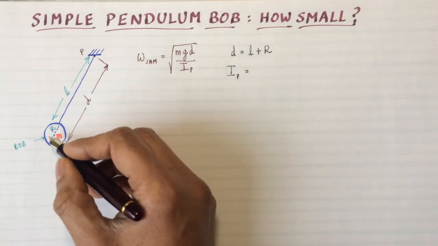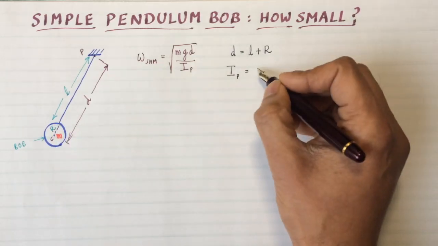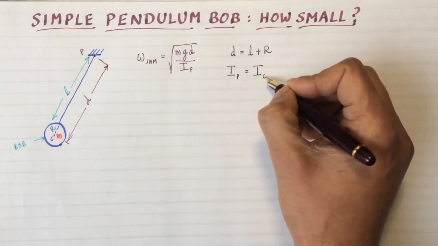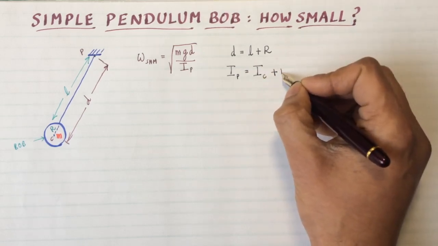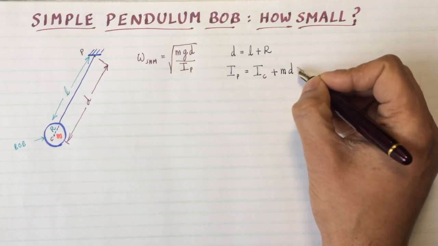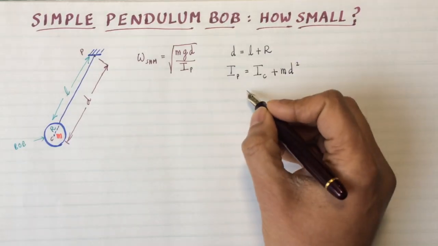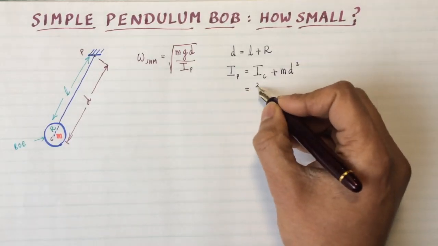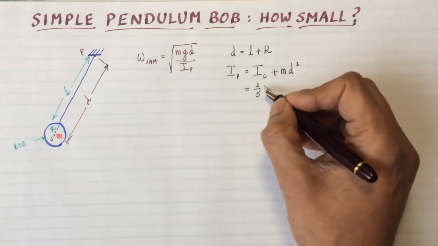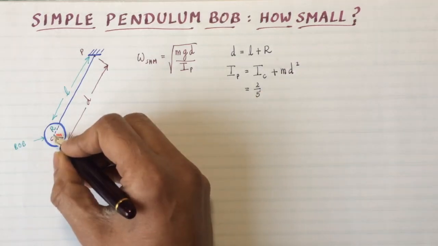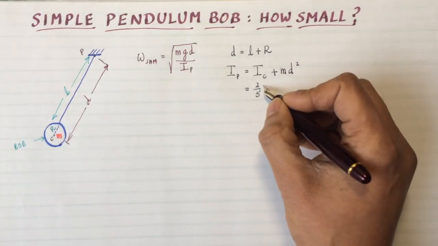So I can think of this as a solid sphere. So the moment of inertia about point P is the moment of inertia about the center of mass plus md squared according to the parallel axis theorem, and I can use the moment of inertia of a solid sphere for the moment of inertia of this bob about the center of mass. It's 2/5 mr squared